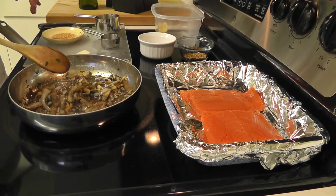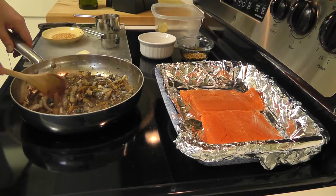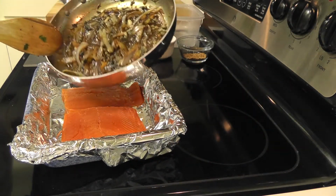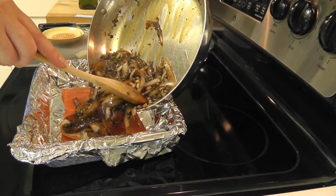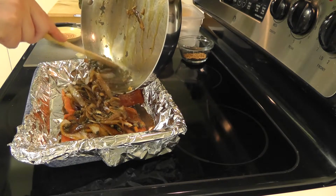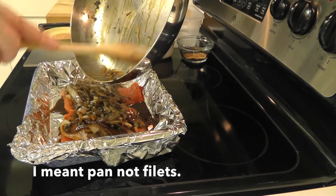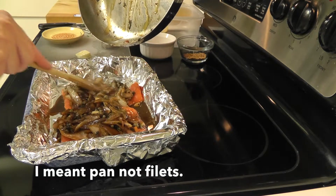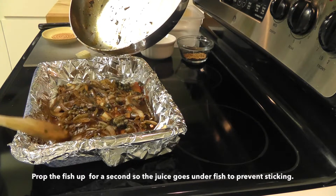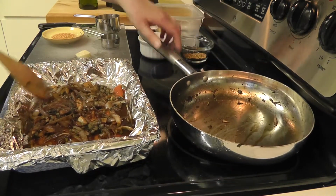Okay, so now once you've added the capers, and the capers have kind of plumped up a little bit because they're taking some of the soy sauce juice, I'm just going to add that on top of the actual salmon fillets. One thing that's really important to keep in mind, I wouldn't spread it out all over the fillets. Make sure that you keep it on top in the center of the salmon because you don't want to have any of the onions burning. We didn't cook the onions all the way through because we will be putting it in a 400-degree oven for